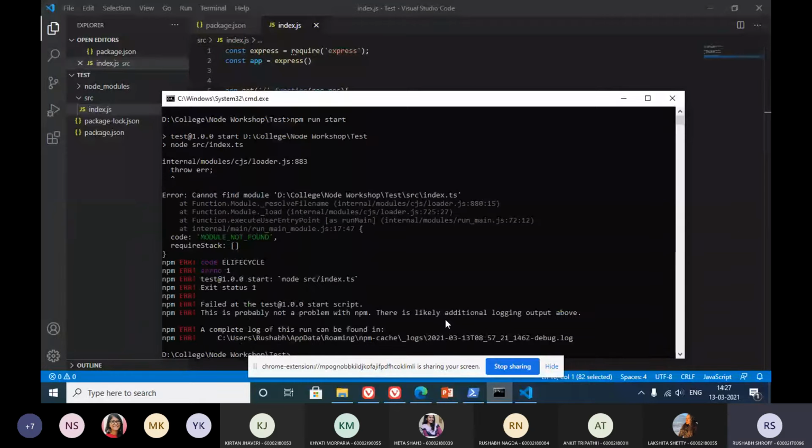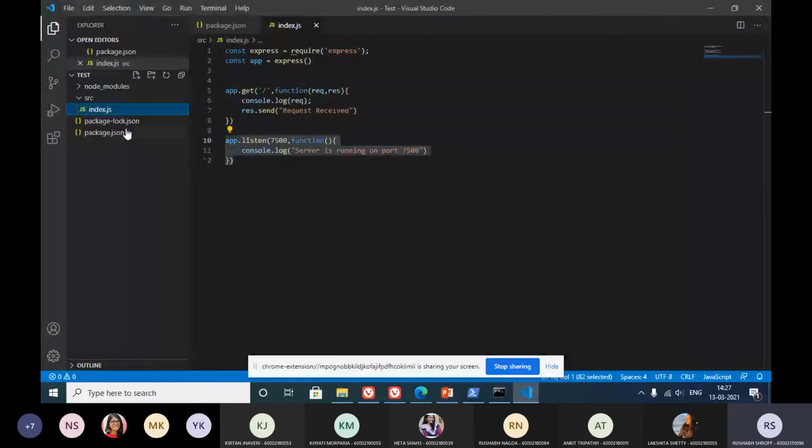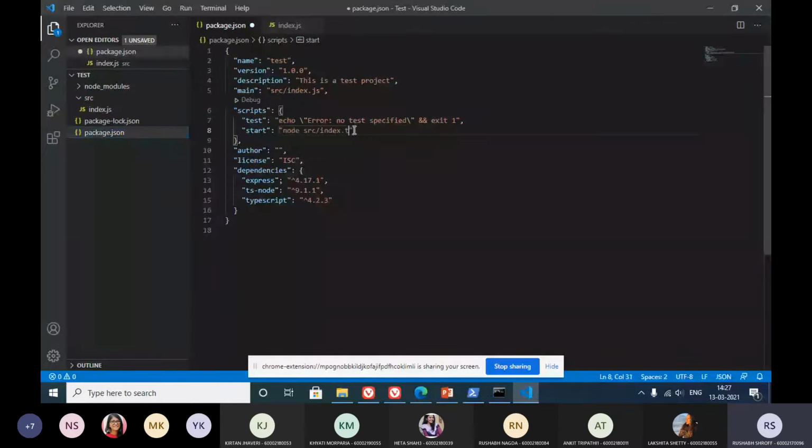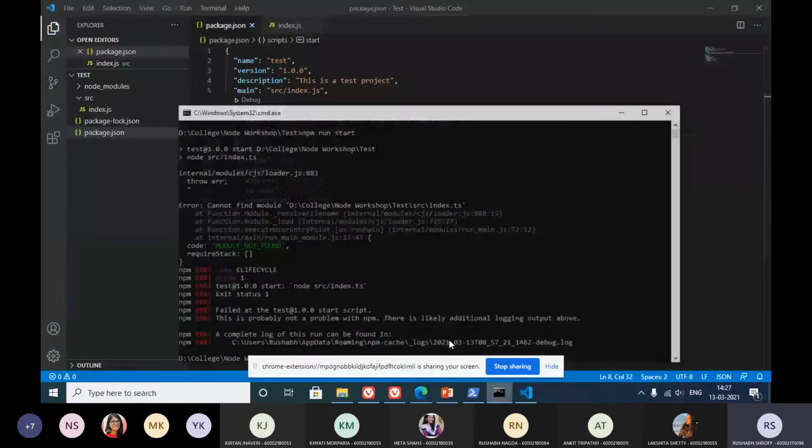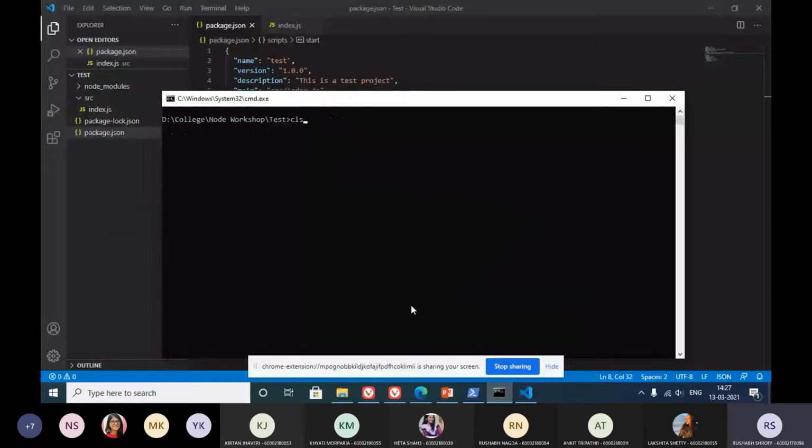Oh, I'm sorry, I've given a wrong extension over there. It's js and not ts. Yeah. So now our console says that our server is running on port 7500.